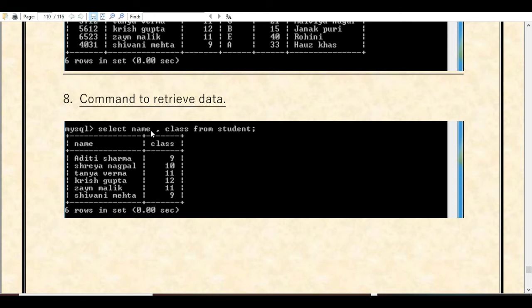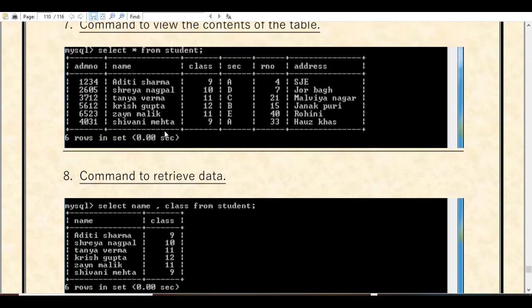But if you want to obtain data from only particular columns, then we will write the column names: select name, class from student, so the information of the columns name and class will be displayed. To display all the details, we write select asterisk from student.